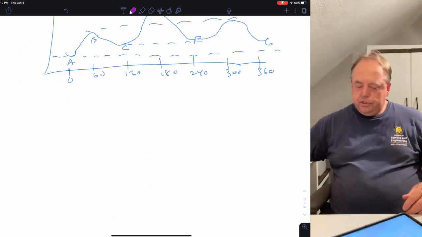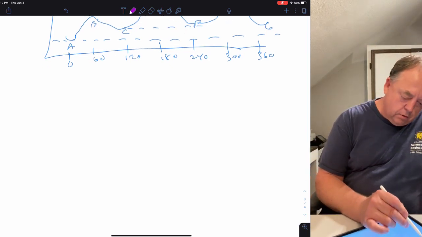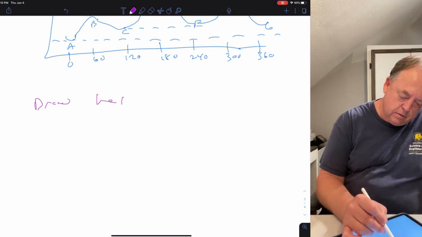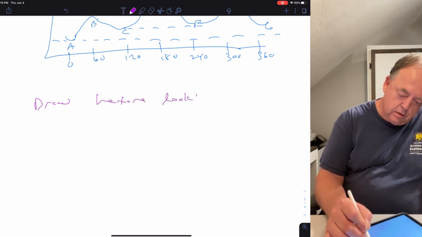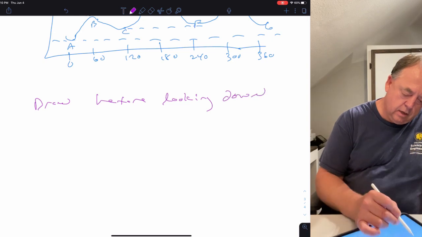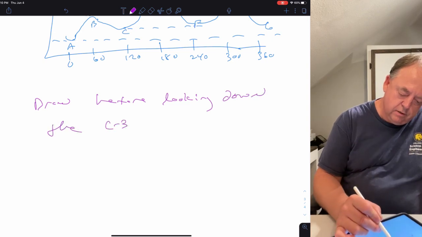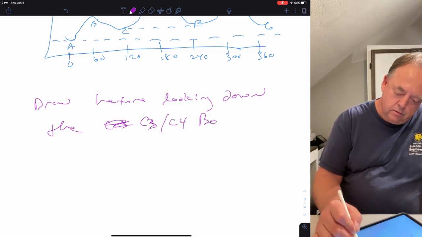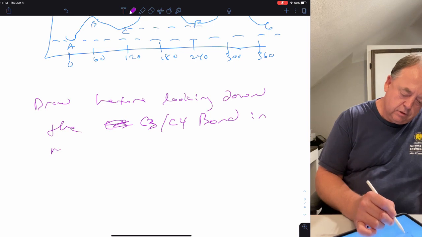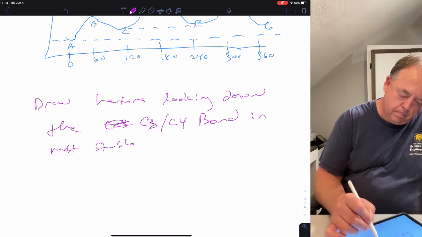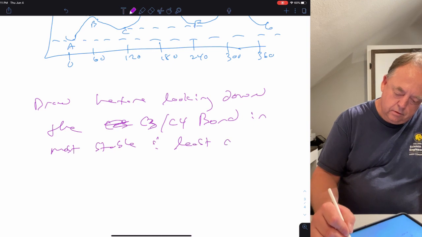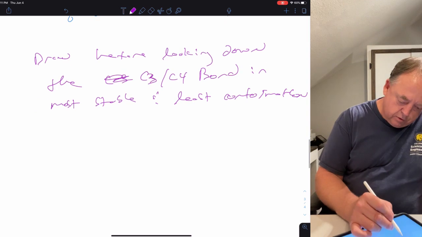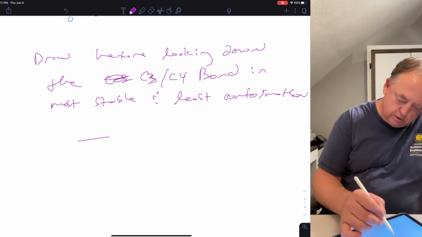Okay, so what I might ask you to do, for example, is let's draw hexane looking down the C3-C4 bond, and the most stable and least stable conformation. Okay, so hexane is obviously 1, 2, 3,